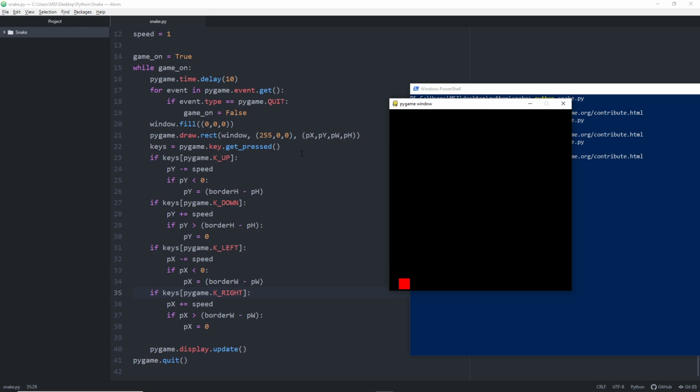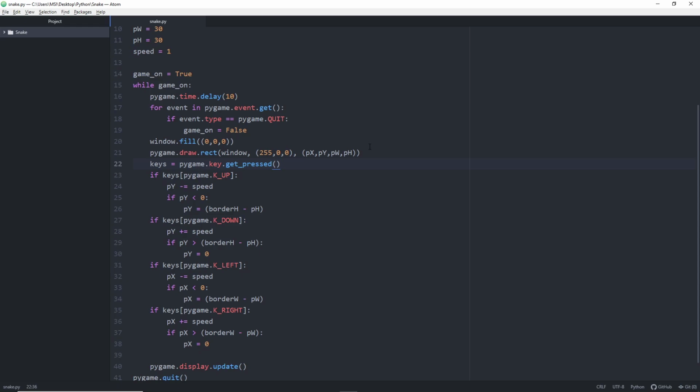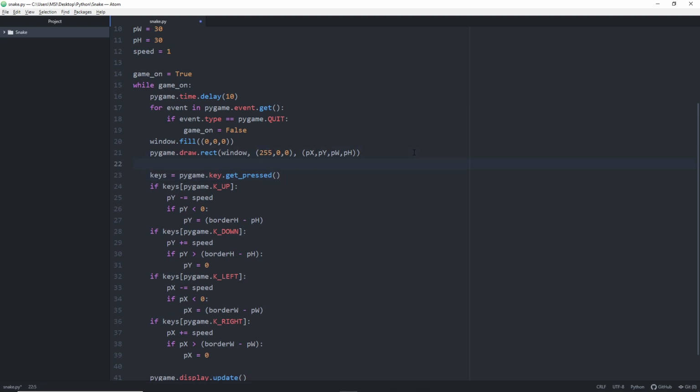Let's create a food for the player. So to create a food is the exact same way that we create a character with the draw function. So we need to draw, pygame, use the same thing. So pygame dot draw dot rect, and the surface is the window,